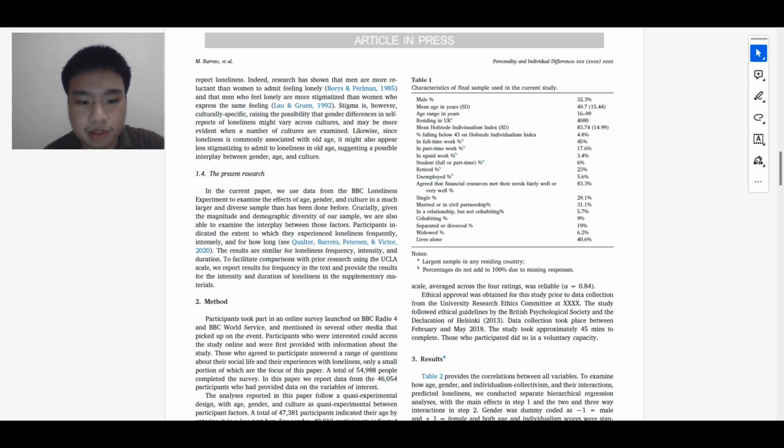So, in this current paper or journal, the authors used the BBC loneliness experiment dataset to examine the effects of culture, age, and gender on loneliness. This is a very large dataset drawn from the general population with participants residing in many countries around the world, providing the authors a unique opportunity to examine differences in the experience of loneliness across cultures, age, and gender, and the